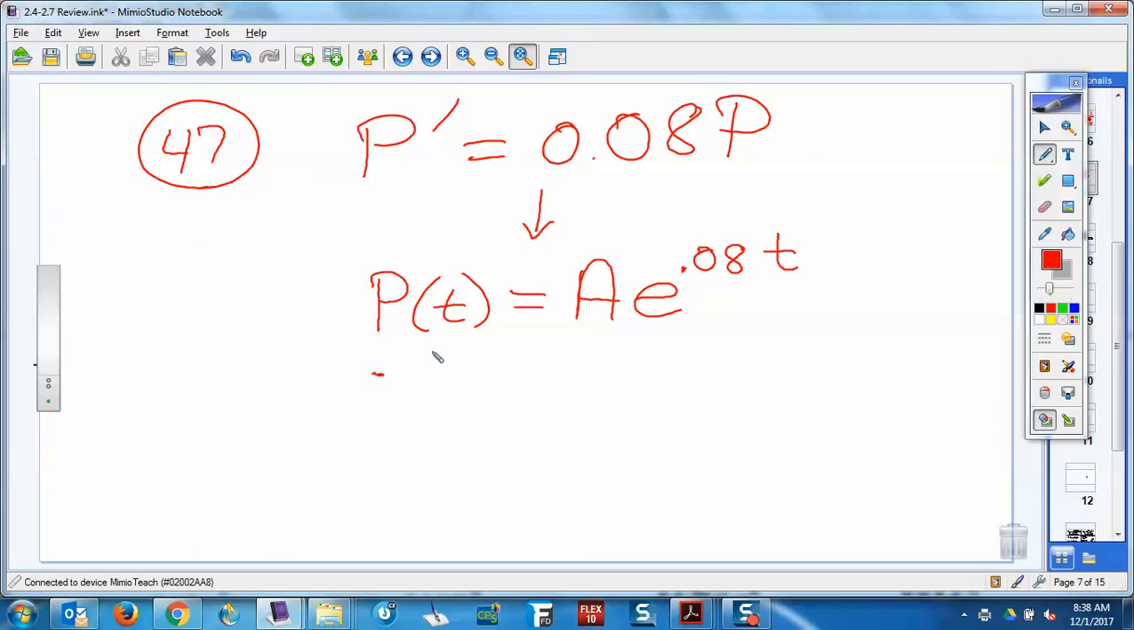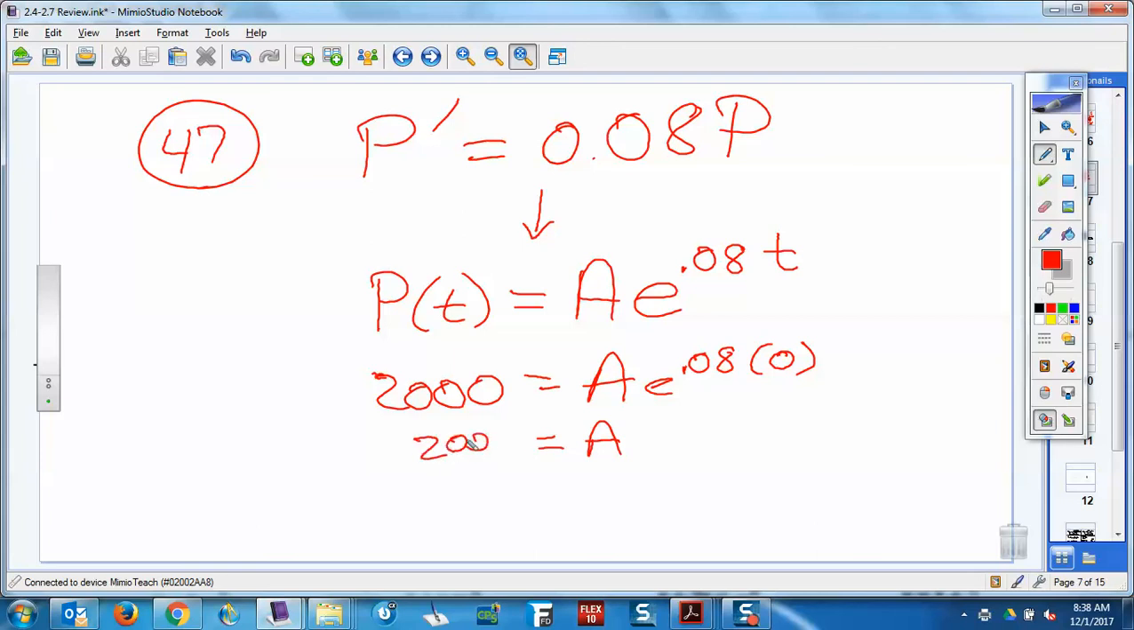I want to show you this, because the 2,000 is P, right? The 2,000 is the amount in the account at time 0. Now you're right. I'm being a little picky about it, because what would I put in for the T right here? 0. And then what happens to this? E to the 0 is 1. So the A is 2,000. That is correct. Now, but it's only true that the A is 2,000 when